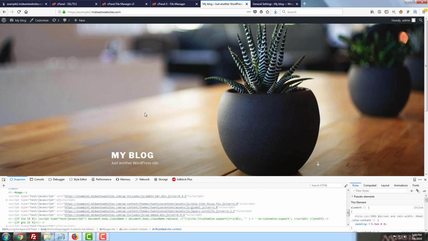It can be a lot to take in if you've never done it before, but this pretty well covers any hurdle that you're going to run into within a cPanel. If you're still having issues, you may want to consult with a web developer or with your web host. Some hosts will be really helpful in going through what steps you're missing. Others don't offer as much support on this, in which case you're probably better off going to a tenured web developer to go in and have a quick look at this, make sure everything's been brought up to speed,